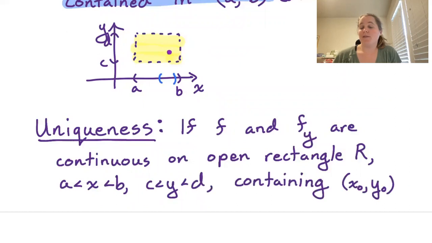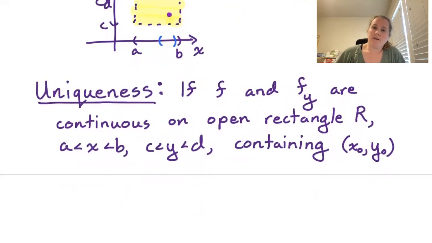Okay, so far these are the same, the f continuity guarantees our existence conditions are met. So if f and the first partial with respect to y are continuous on this open rectangle R containing x naught, y naught,